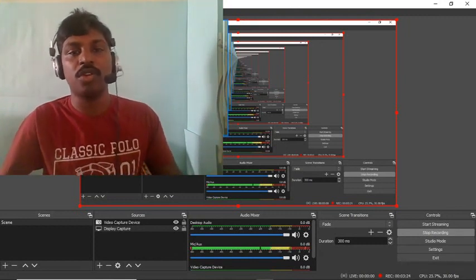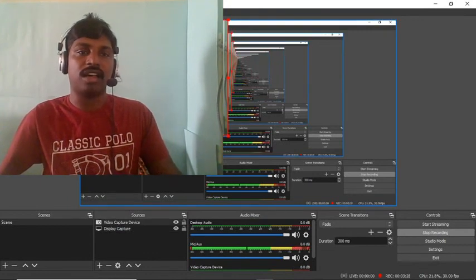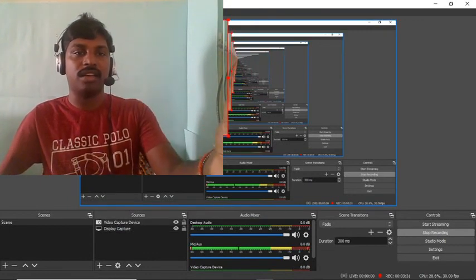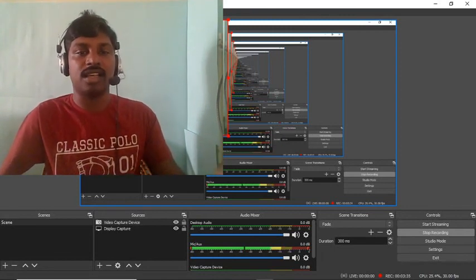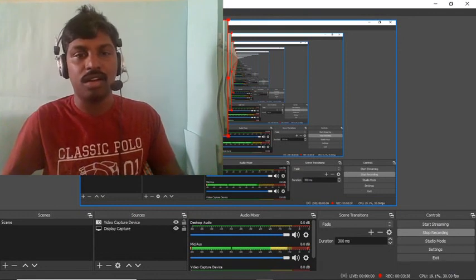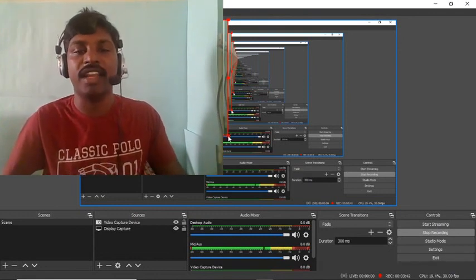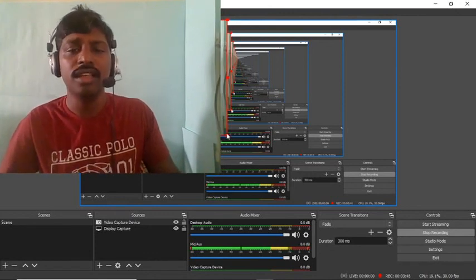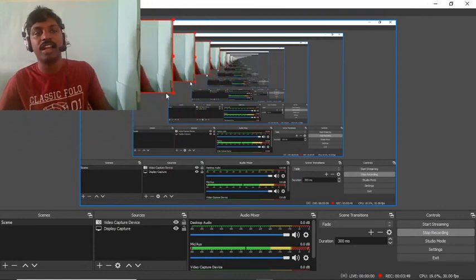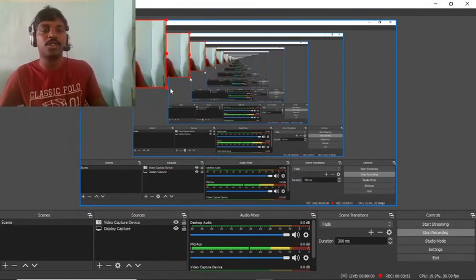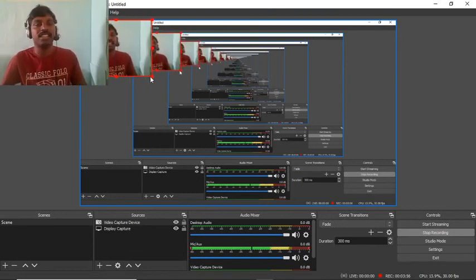Now I am going to show you a simple thing over here. If you select the webcam output, the webcam output that is being shown to you through OBS Studio, it is in a corner, it is very small. So you could resize it. This is something anybody would very easily find out, right? You click on the small boxes and then you click and drag. You hold the left mouse button and drag. I guess you know about this, right? You could resize it to the amount that is necessary for you.